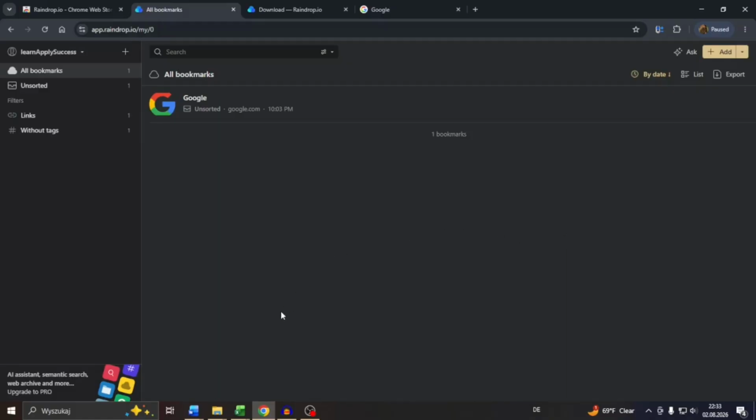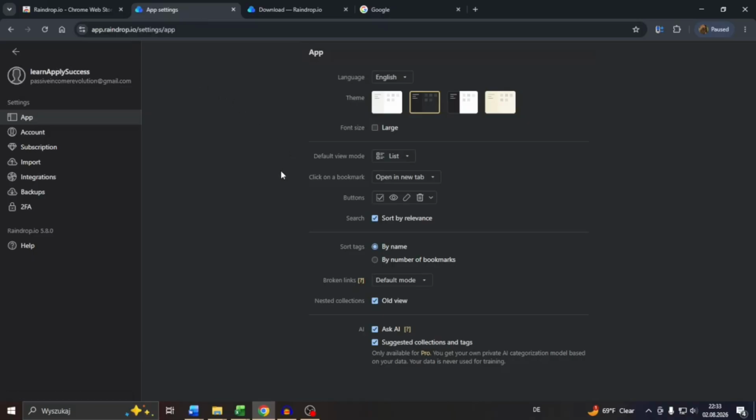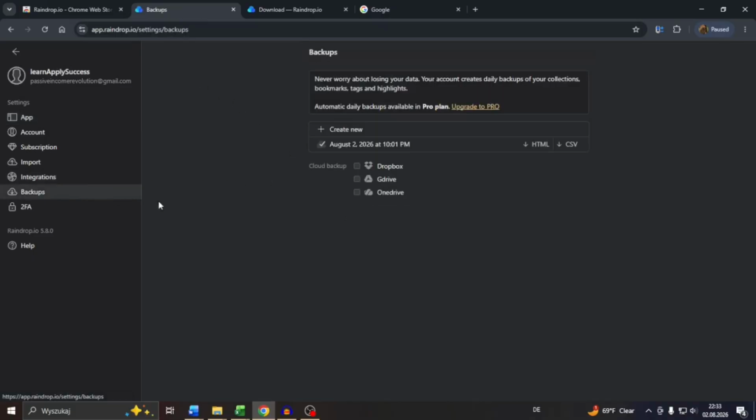So navigate to the desktop or web version of the Raindrop app. I'm going to go here via Google Chrome, and make sure that you're logged in. Then click on your username in the top left and click into settings. After that, navigate to backups on the left hand side and you will see, as you can see, I created